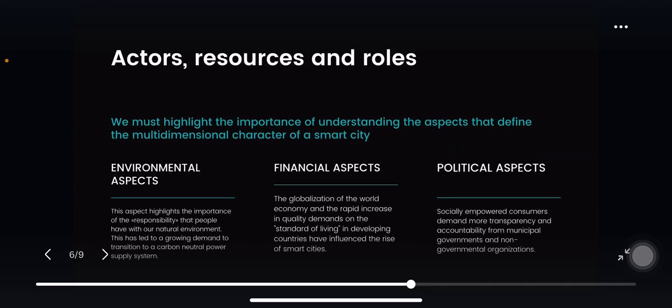Actors, resources, and roles. We must highlight the importance of understanding the aspects that define the multidimensional character of a smart city, as well as adapting them to the local context in order to select the appropriate technological tools to implement the management model efficiently. Next, the aspects that characterize a smart city and that are necessary to develop the conceptual model are described. Then it is explained how the technology will be integrated to provide the necessary support for the implementation of the model, understood as an essential component for the